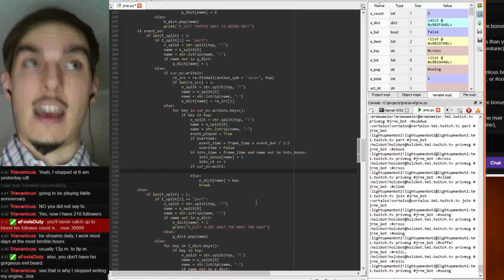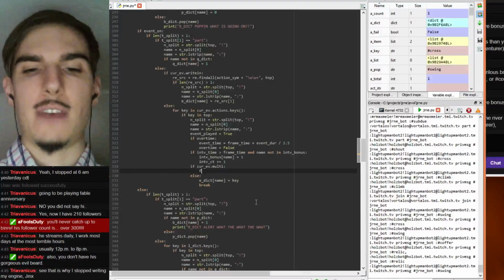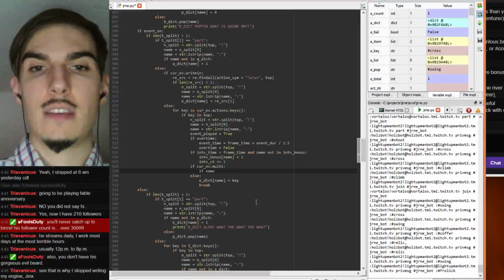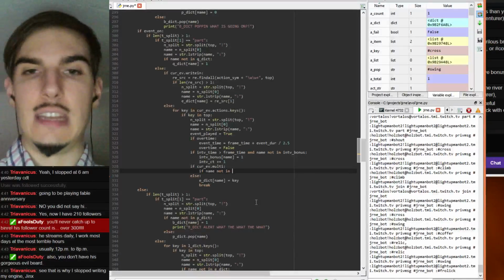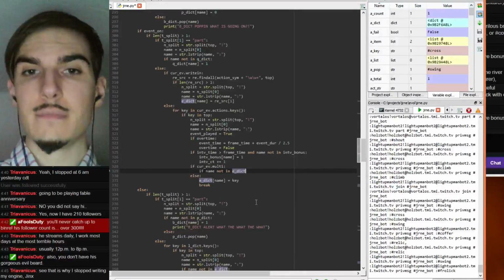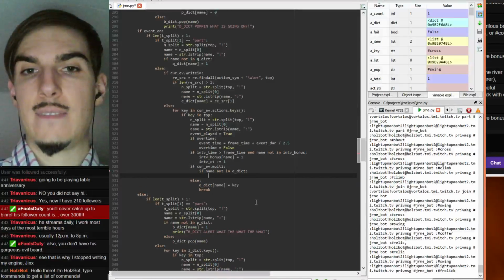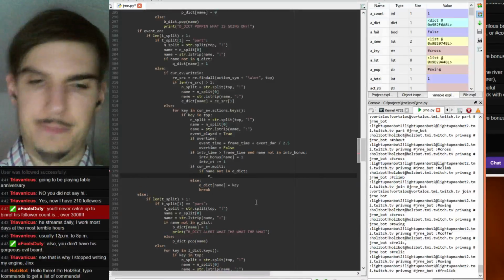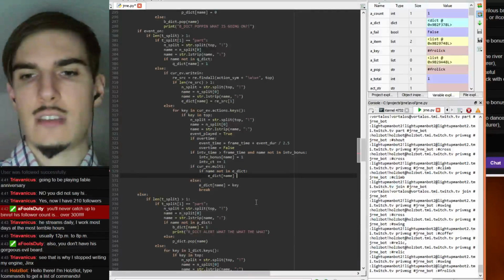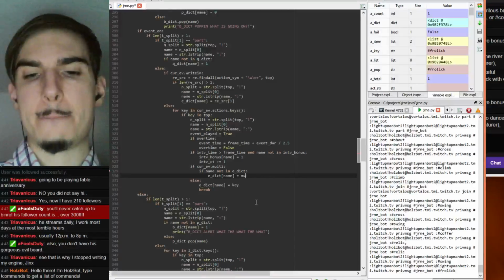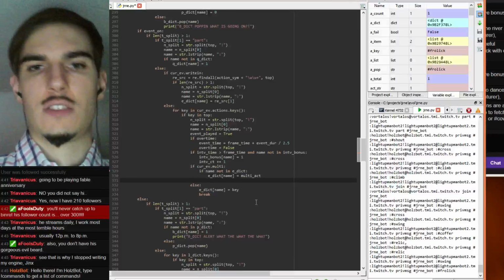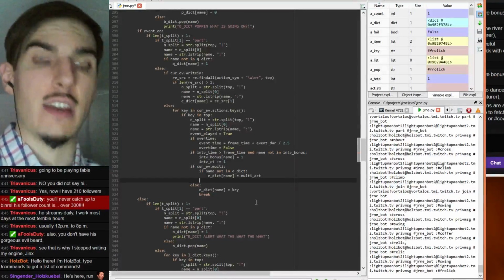But right, so curve multi. So if name not in edict, then edict name equals multi-act. Right, so that's the first order of business. Then